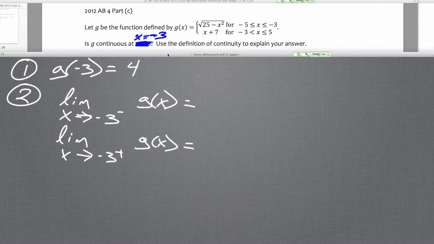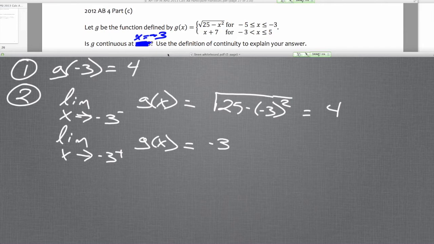All right, so what do I plug into if I want to approach negative 3 from the left? Top or bottom? Top. Now, it's a good idea to show them where you're plugging in so they know which part you're plugging into. So I can go ahead and show that, and then show that this is equal to 4. Okay, negative 3 from the right, where do I plug in? The bottom. So I want to show them that I'm plugging in negative 3 into the bottom,